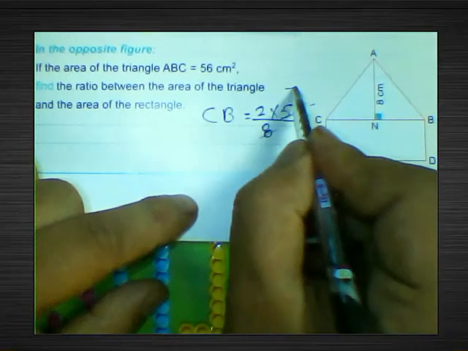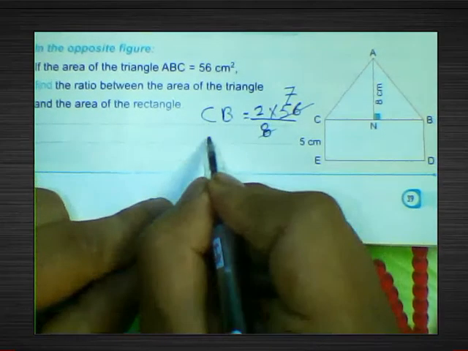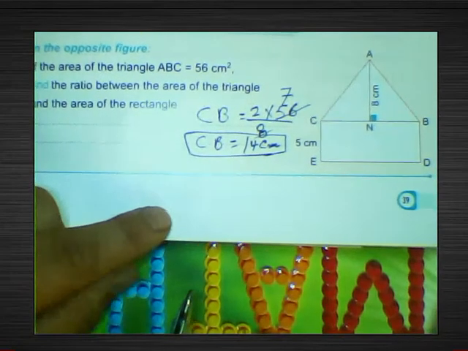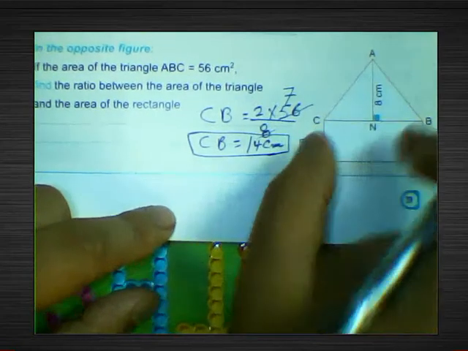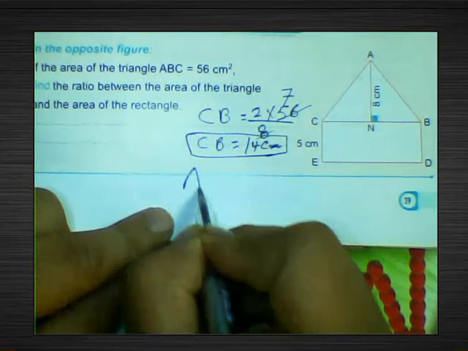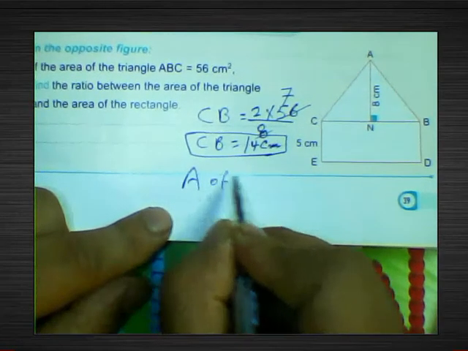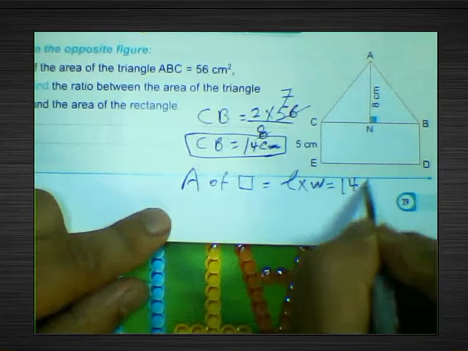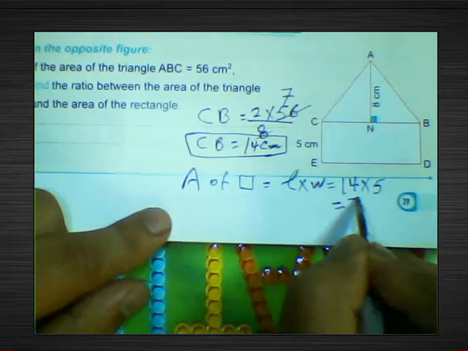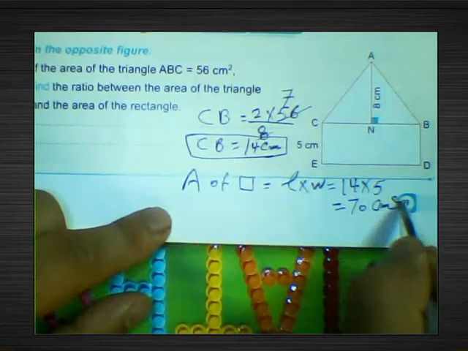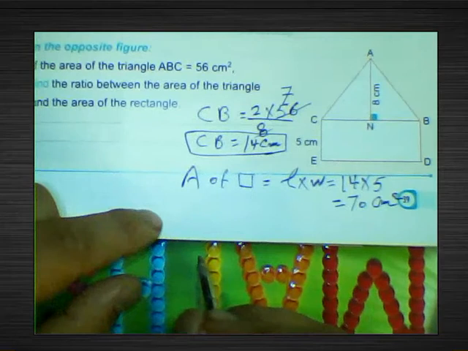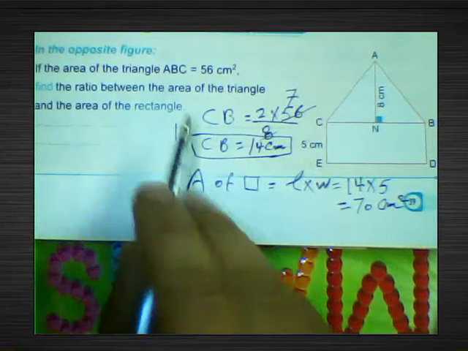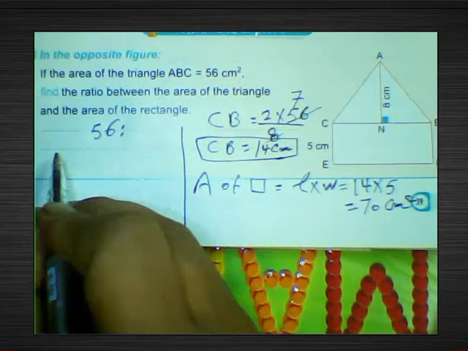56 divided by 8 equals 7. 2 times 7 equals 14. So the length of CB equals 14 centimeters. It's okay, 14 centimeters is the length of CB. So we will find the area of the rectangle, length times width. The length equals 14 times the width equals 5. The result will be 70 centimeter power 2. It's okay. So we will find the area of the triangle to the area of the rectangle. The area of the triangle equals 56. We write 56 here to 70,